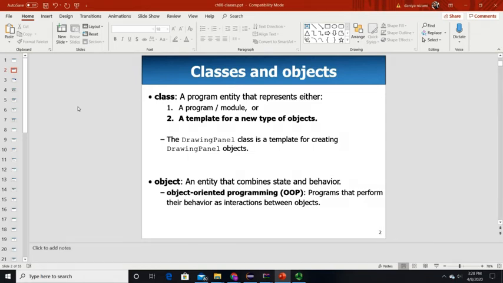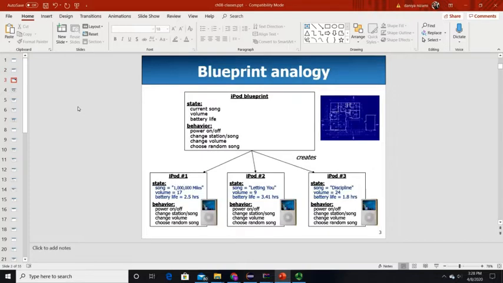An object is an entity, and a class is like a blueprint. So we will be creating one class, and then we will create multiple objects of that class. This is like the blueprint which we have talked about, I think, in my first video as well. So this is an iPod. You have a blueprint of an iPod in front of you. In that blueprint you have state and behavior. State is like current song, volume, battery life, and behavior is like the characteristics of that